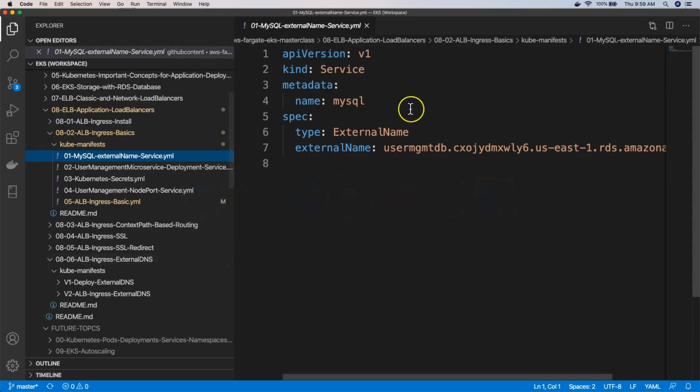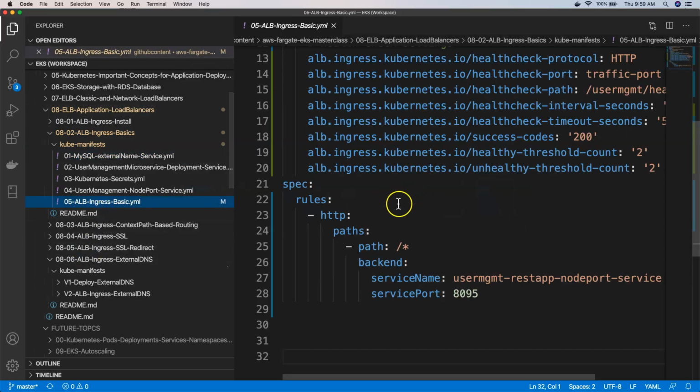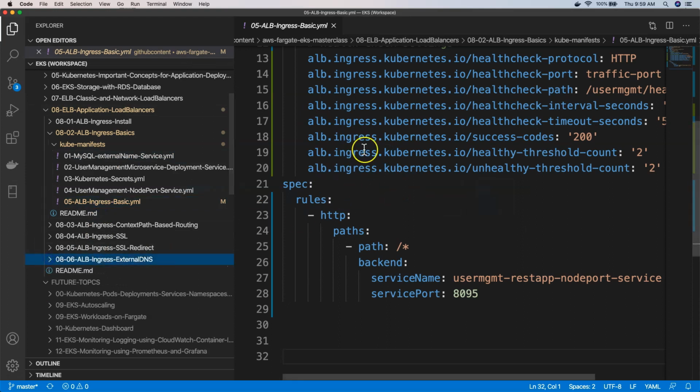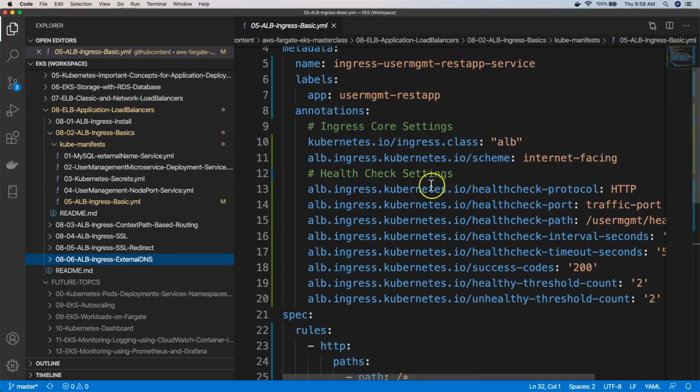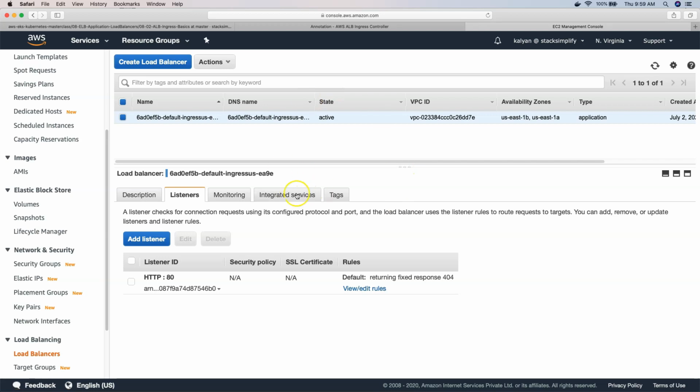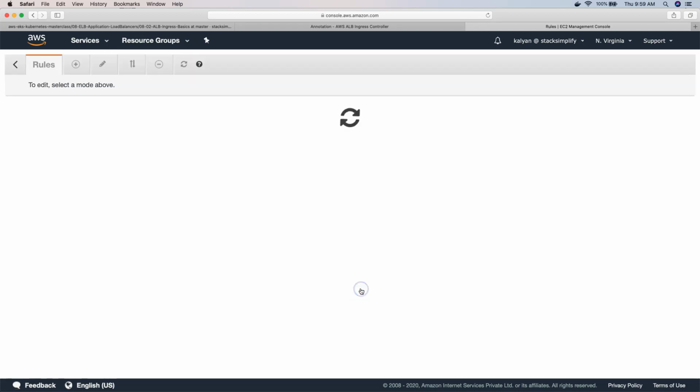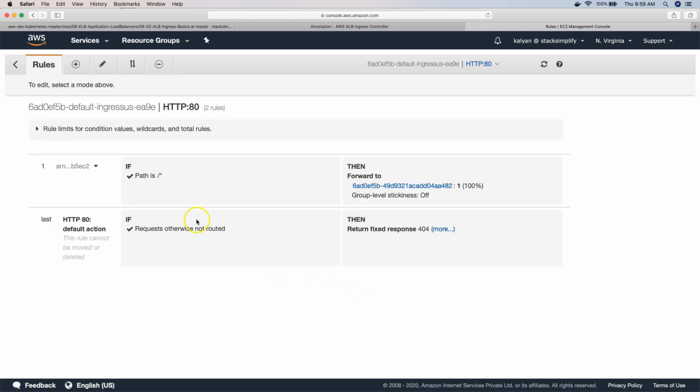So if you see the manifest here, related to ingress, you don't see anything related to listener that we have provided, but still it has created everything for us. Okay, so default, because default is 80. And now let's also review the rules, right? In rules, anything with /* go to this target group. Okay, so let me open this target group, right? So anything with /* go to this target group, 100% traffic going to this target group.